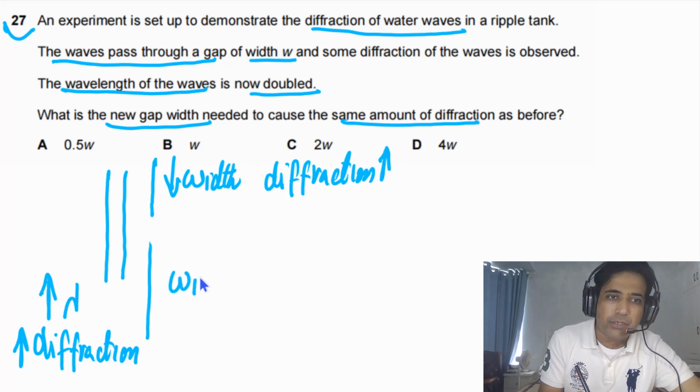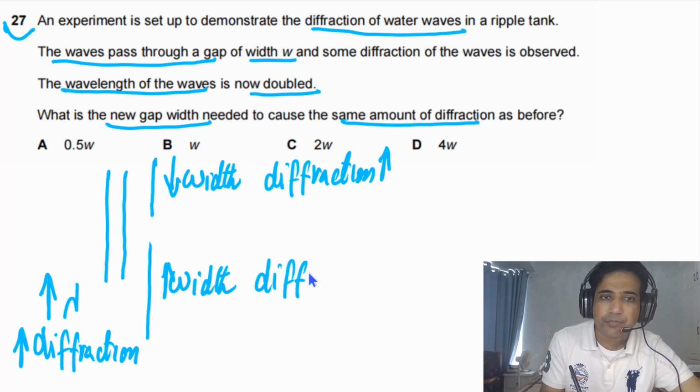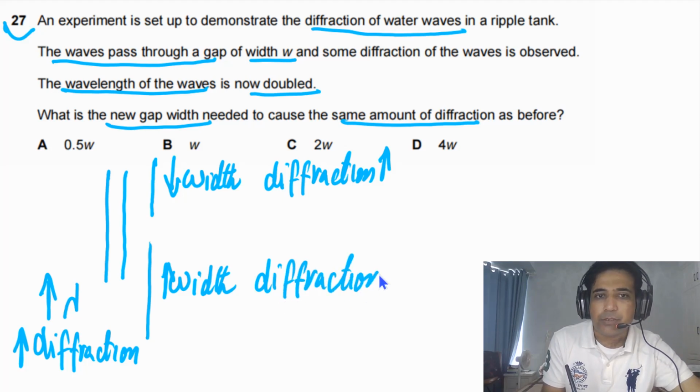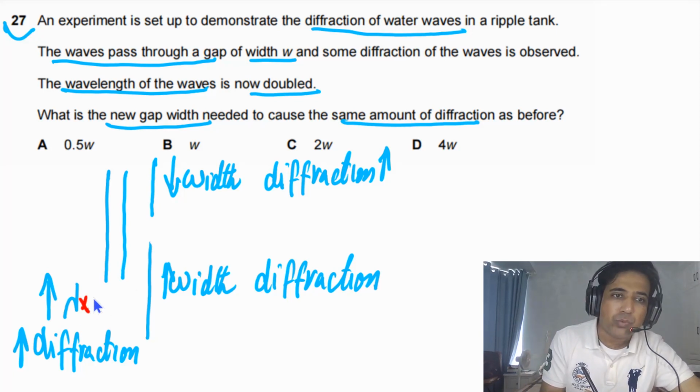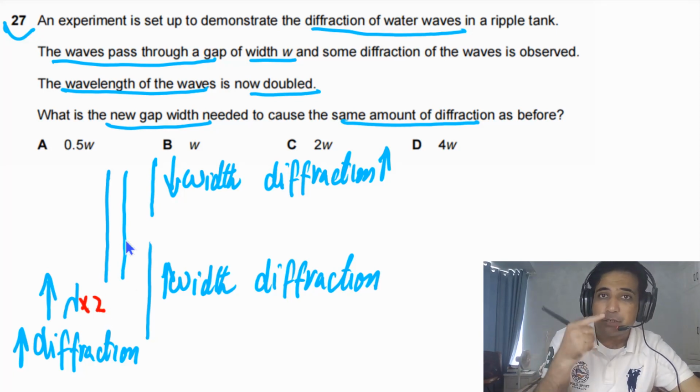And if we increase the width, if we increase this width, mean this gap, diffraction will decrease. But for this question we have increased this lambda 2 times, so it means diffraction will increase